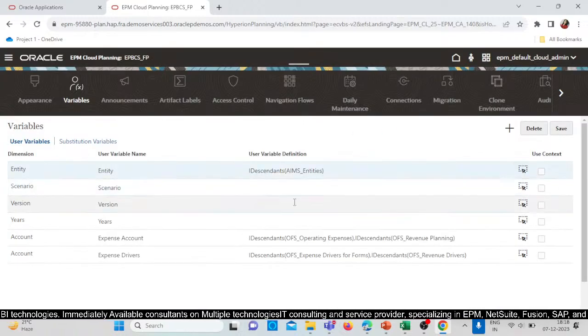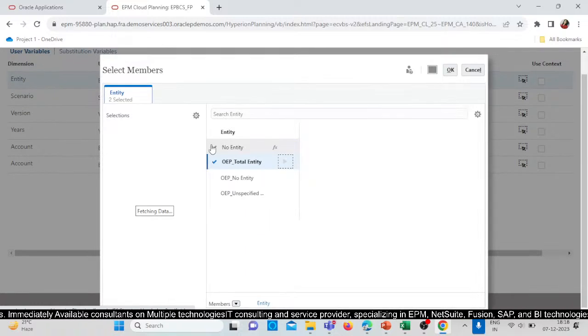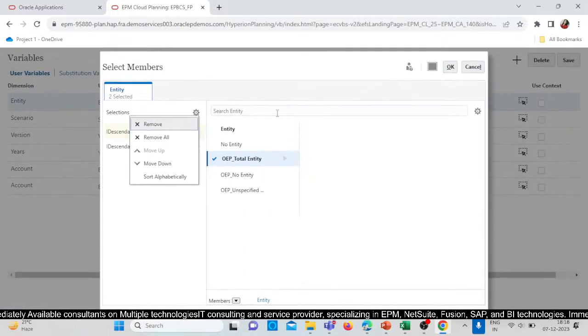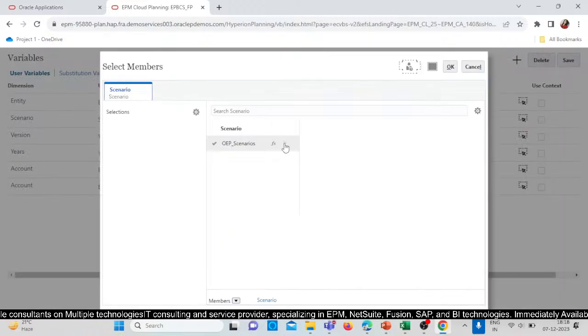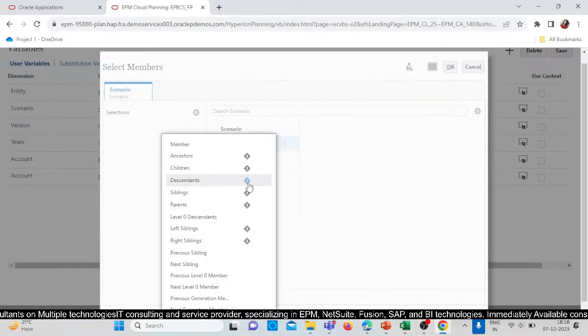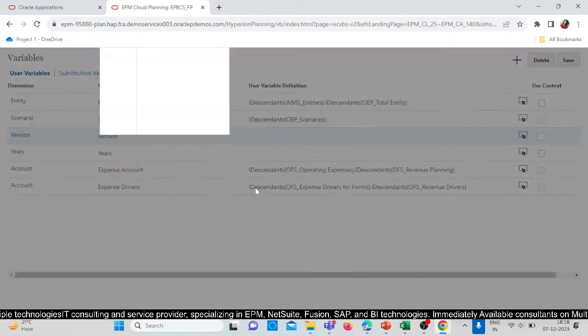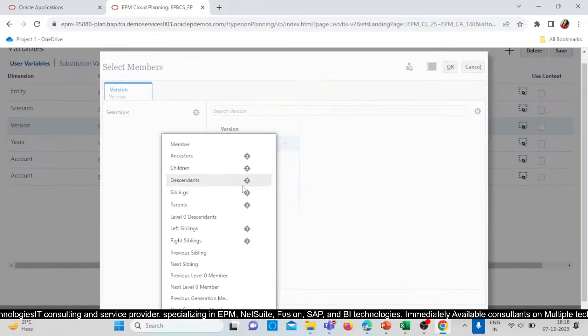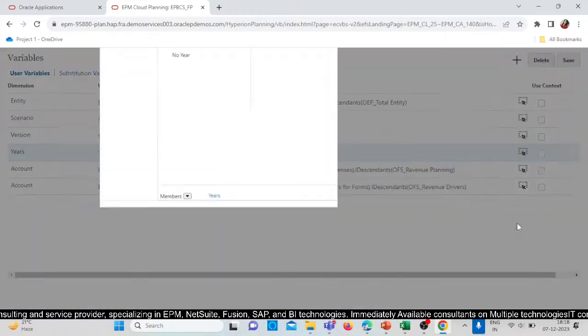Let's take the whole entity here. Then scenario, I descendants, then version, I descendants of all the versions, then years,